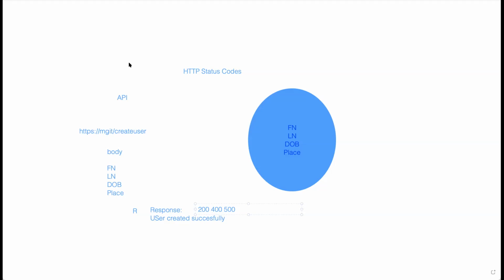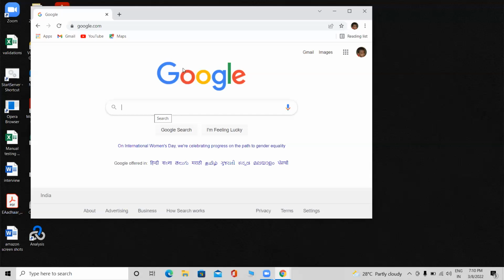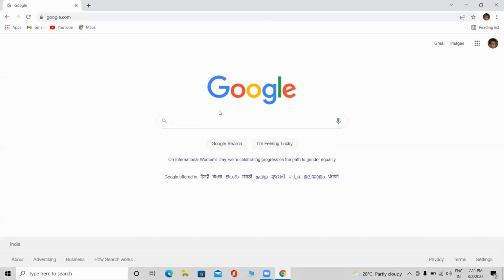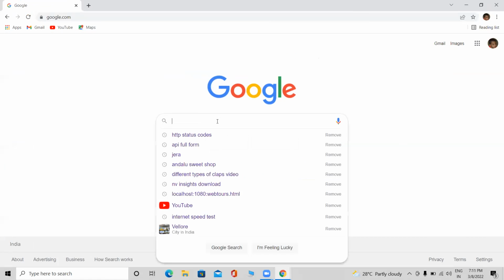For that, everyone, I am requesting you to download Postman. Okay, can someone share your screen? The Postman tool belongs to the Google company only. Here you can do two things. You can search for Postman, or